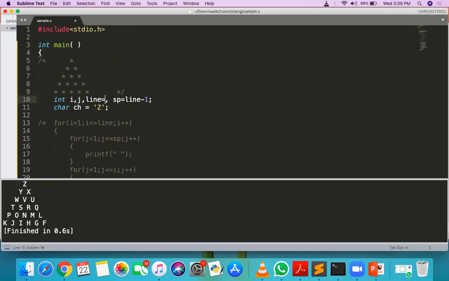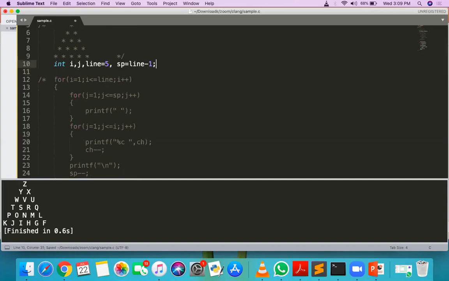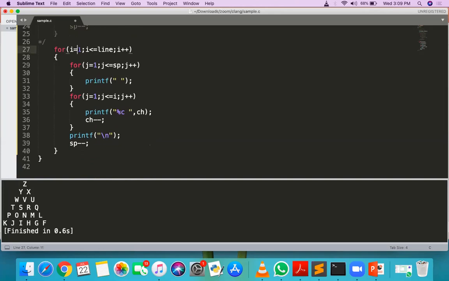Line is equal to 5, and here I'm removing this character variable. So I start with i equal to line, i greater than or equal to 1, and i minus minus. And here instead of decrementing that SP, it should be incrementing.